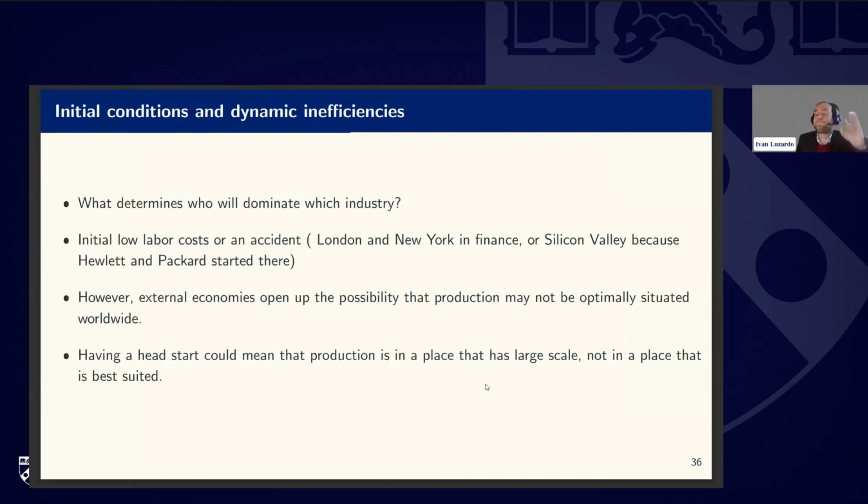So the point here is, okay, we know that economies of scale are important, but initial conditions are also important. And the next question that we wanted to answer is, what determines who will dominate an industry? So it could be the case that if you are an established country, or if a country is very well positioned in an industry, that initial conditions prevent the rise of another competitor, even with lower average cost, because that